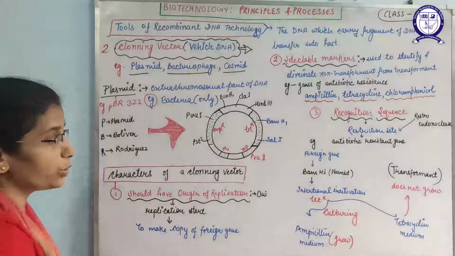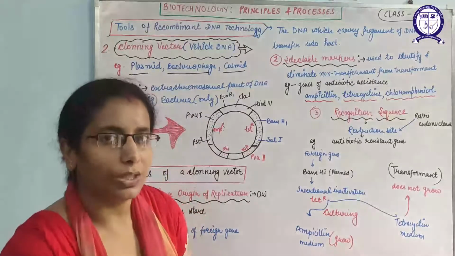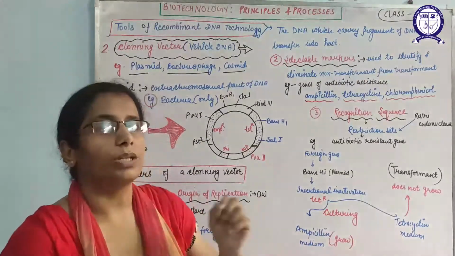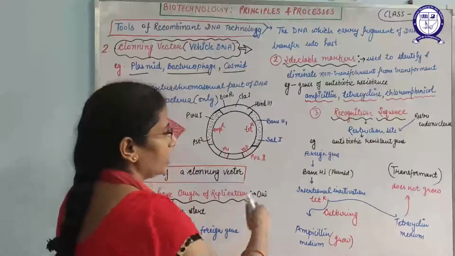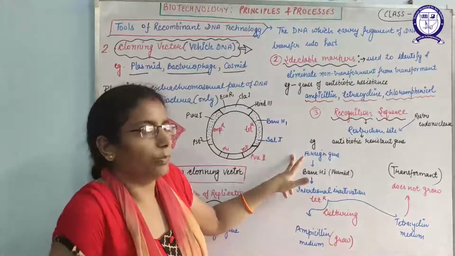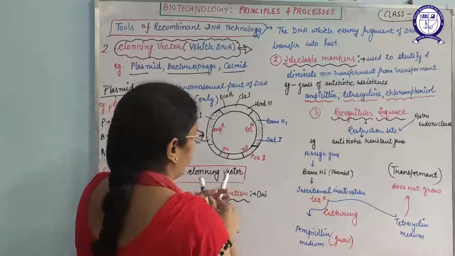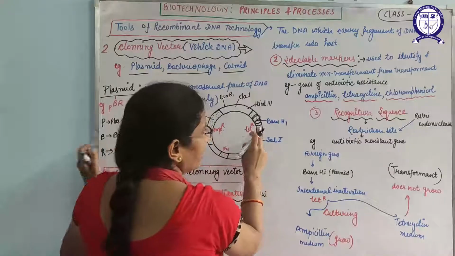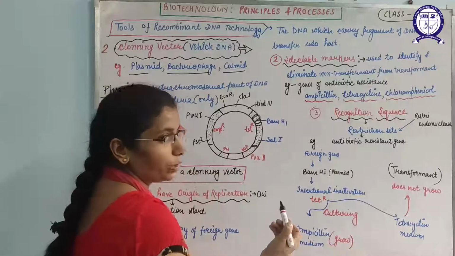So how can we use it? This restriction site or recognition site, which is also known as the cloning site, will help us to identify the transformant from the non-transformant. How will it help? Suppose you take an example: if we have a foreign gene or gene of interest whose copies we want to make, and I insert that gene, I am drawing the diagram here also, in the BamHI site of the tetracycline gene, then what would happen?